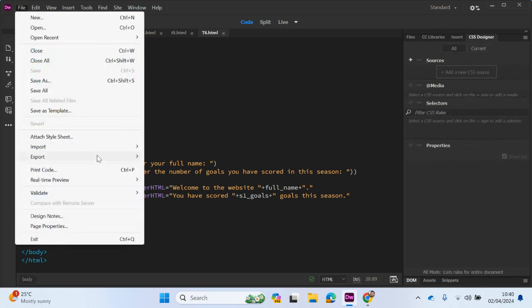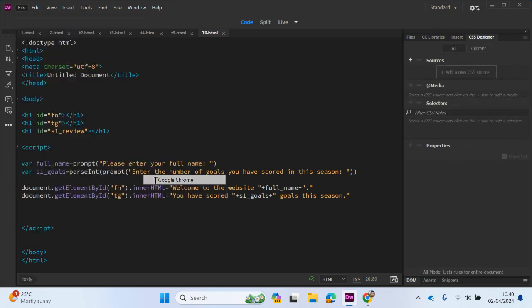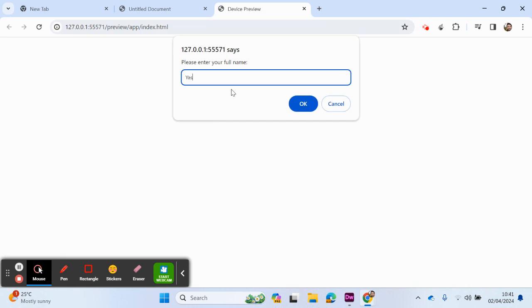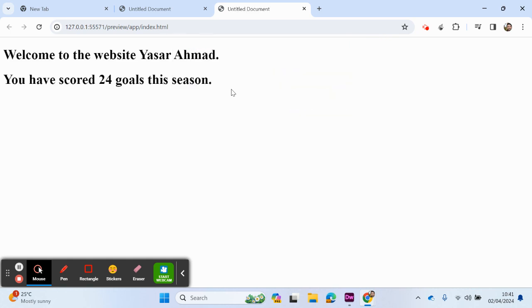Okay, enter the full name. Let's say I've scored 24 goals. So welcome to the website. There's the content from the variable. And then you've scored 24 goals. Again, the content from the variable. 24 goals this season. So this is the first part of the text string, and we've added the variable, and then